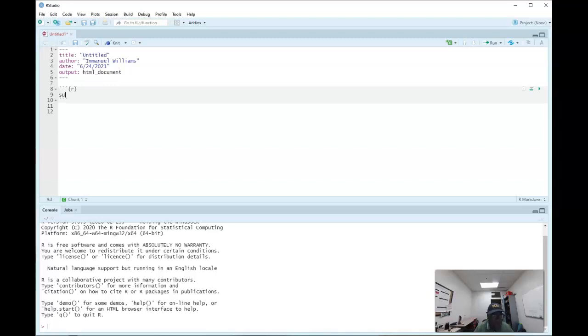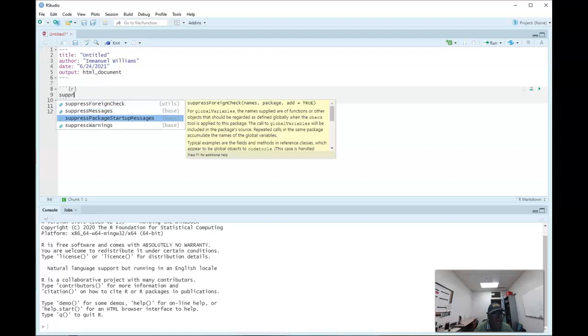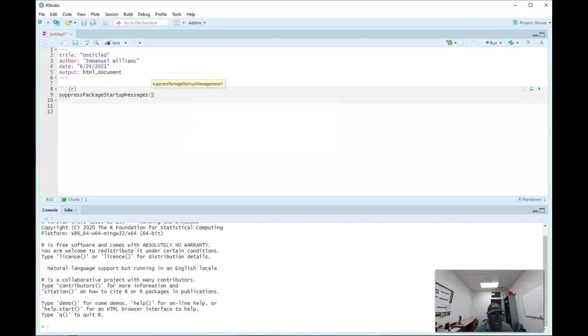I'm going to teach you all a little secret: suppress starter messages. That suppresses the starter messages from tidyverse, because tidyverse can do that and be annoying. And then what we'll do here is load in readxl. And I'm going to change my working directory, so set working directory to be,